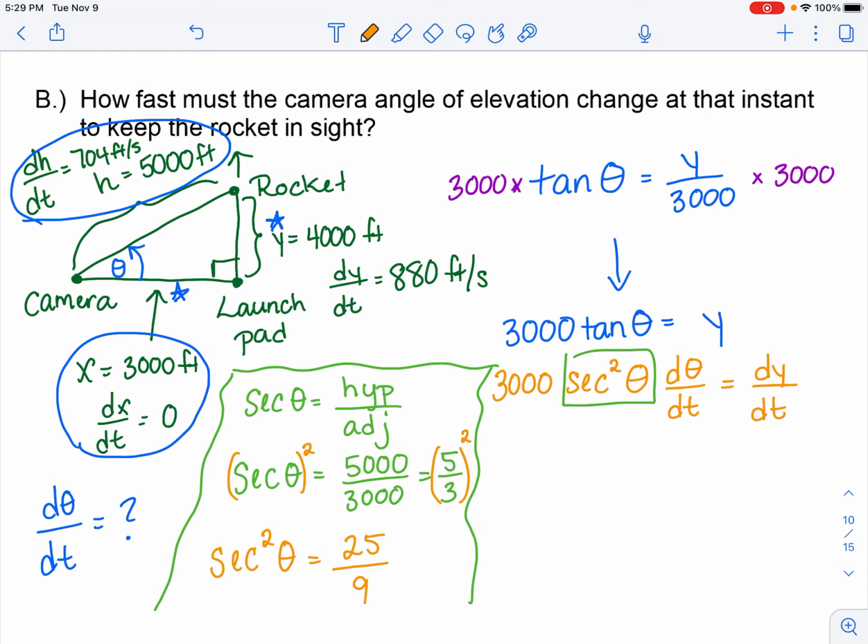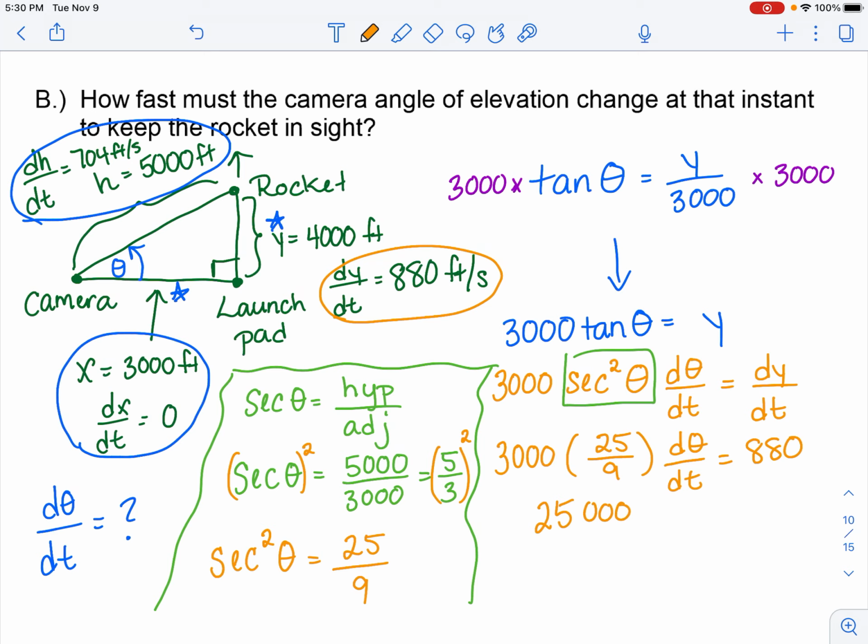So now back over to where my derivative is in orange, I'm going to write that this is now 3,000 times 25 over 9, and then d theta dt is equal to dy dt. We said that dy dt, I didn't label it on here. Oh, yes, I did. It's down here. dy dt is 880. If I simplify, let's see, 3,000 times 25 divided by 9 is a fraction still, but that fraction in simplest form using a calculator is 25,000 over 3 d theta dt equals 880. And then how do I divide by a fraction? I multiply by its reciprocal. So we're going to get d theta dt is equal to 880 times 3 all over 25,000,